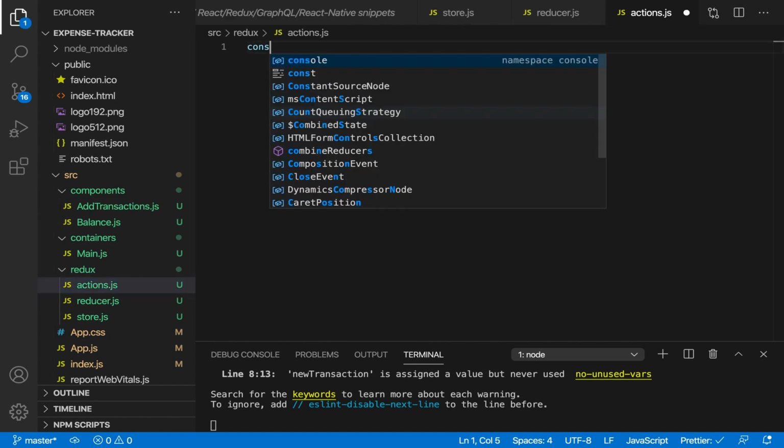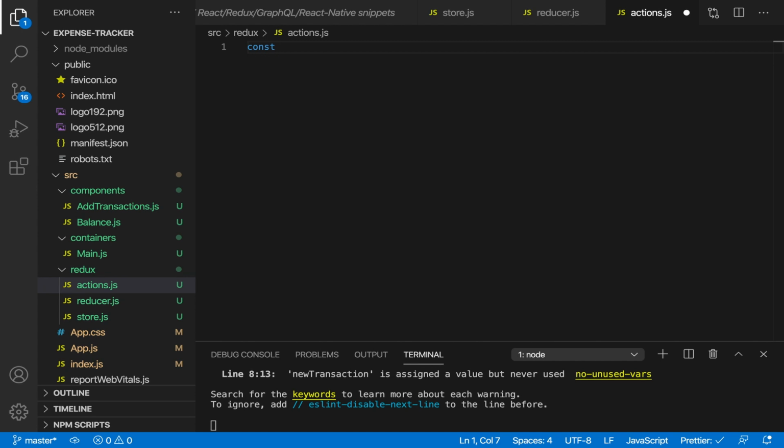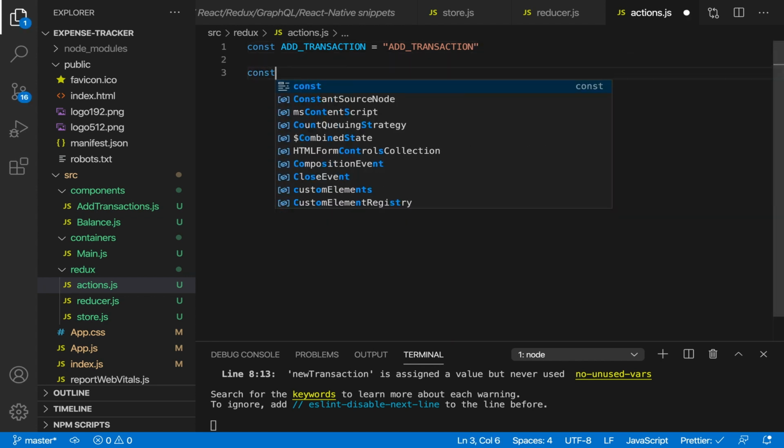So let's do const, make this capitals now, and do ADD_TRANSACTION, sorry, and copy this, and this equals to a string with the same thing. So you will see why we're doing this right now. So we're going to have const addTransaction,